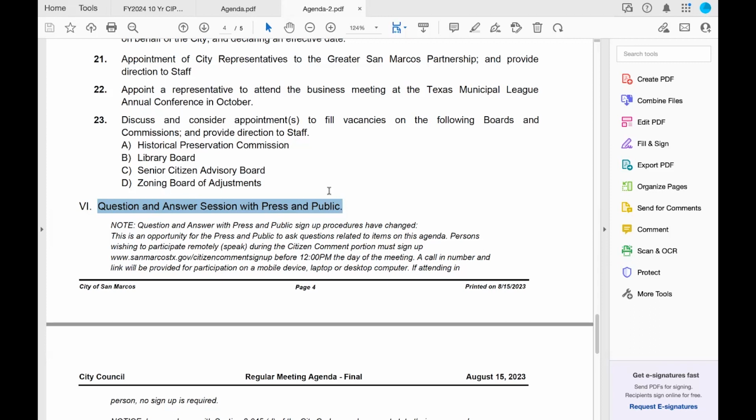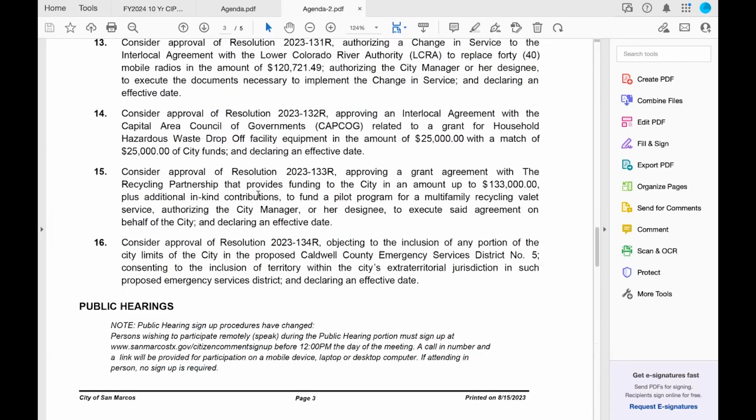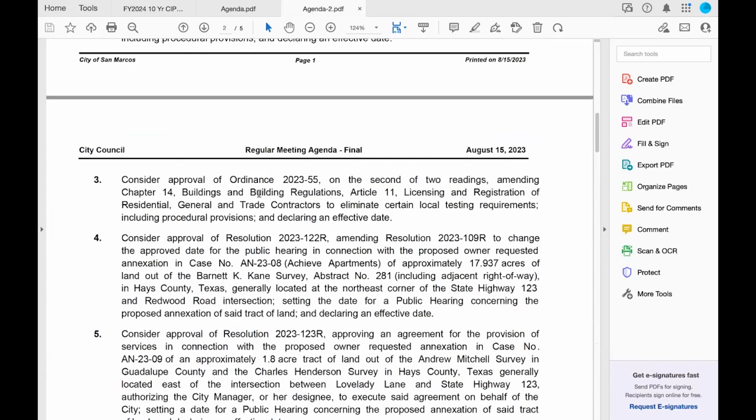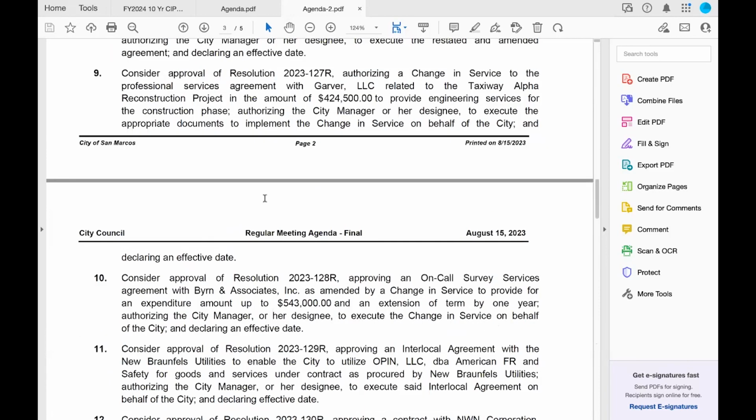But oftentimes what they'll do is they'll make you wait if they haven't already talked about it, and then they'll come back and have this question and answer session from the press and public. Here you have 3 minutes to talk about anything on this agenda. You can talk about any of these consent items, you can talk about a public hearing, but